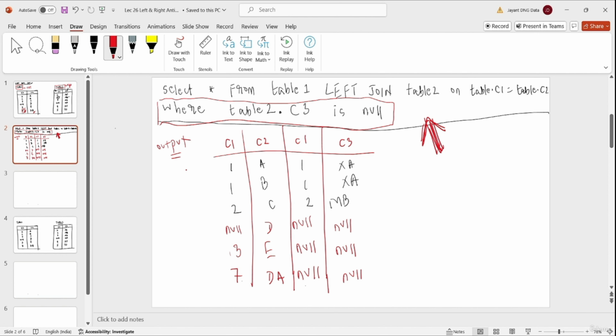So if you have a look at the output, in the first record, column 3 is not null. In the second record, column 3 which is coming from table 2 is not null. In the third record, column 3 from table 2 is also not null. But in all these records that you can see here at the bottom, that is this record, this record, and this record, column 3 from table 2 is null. So that's why in the output of left anti-join,